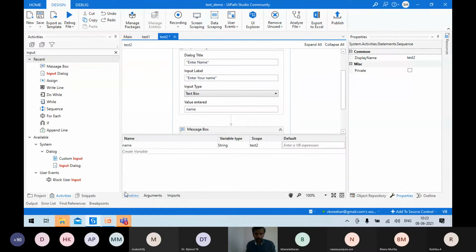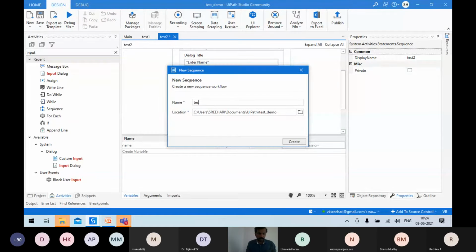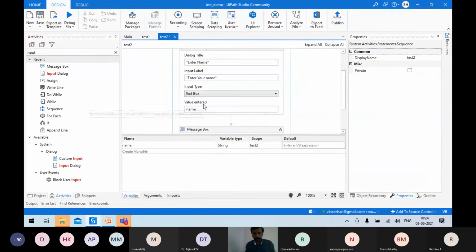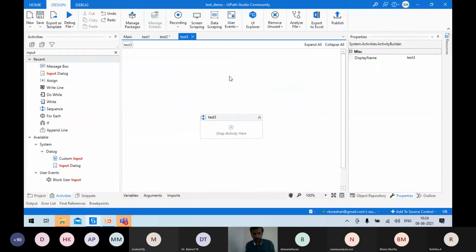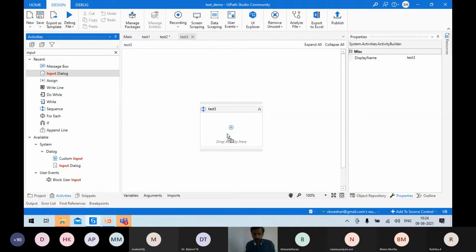So here I'll create a new variable. I'll take a new sequence and name it test3. So I've taken a sequence. Now I've taken an input dialog and placed it over here.